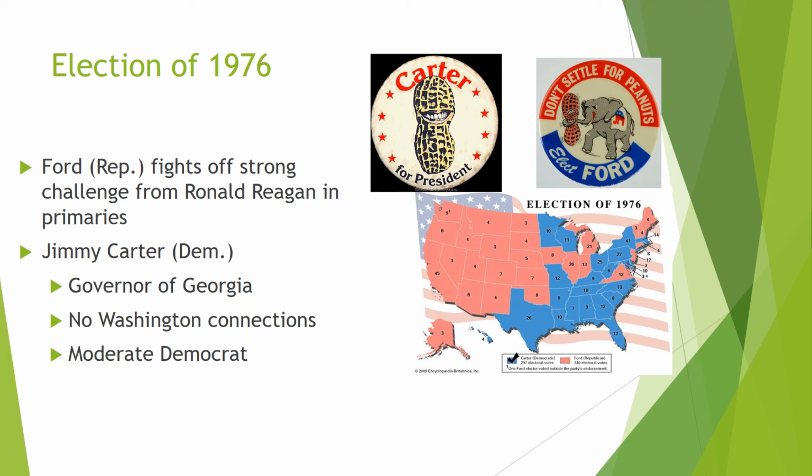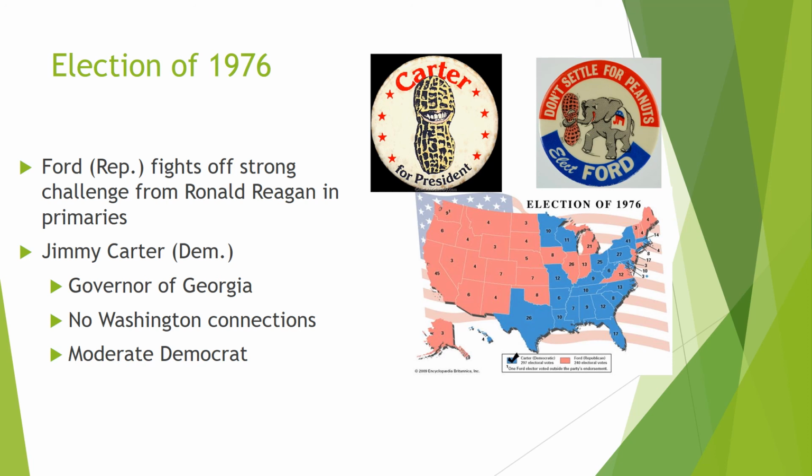And he's having to face a really powerful challenge from former California Governor Ronald Reagan during the Republican primaries. This is odd. You don't often see a sitting U.S. president face a strong challenge within the primary. I mean, I'm thinking back to 1912, when William Howard Taft faced a serious challenge from former President Theodore Roosevelt. But honestly, most of the time, the party sticks with the sitting president.